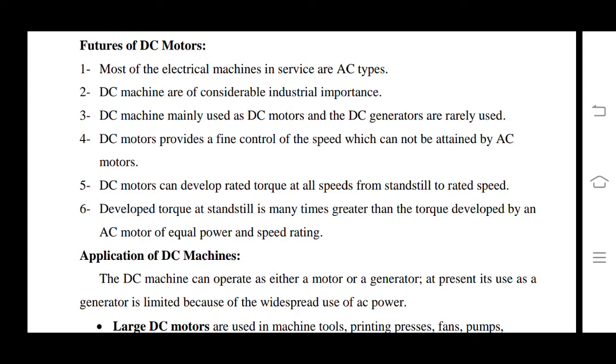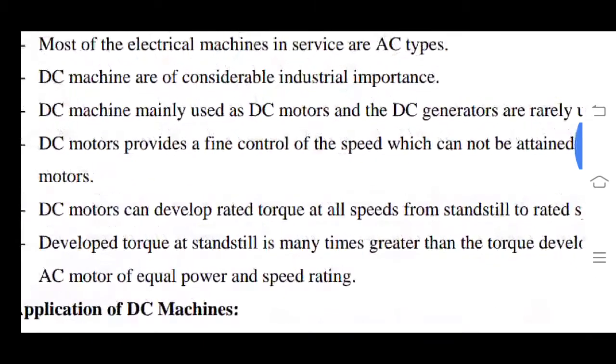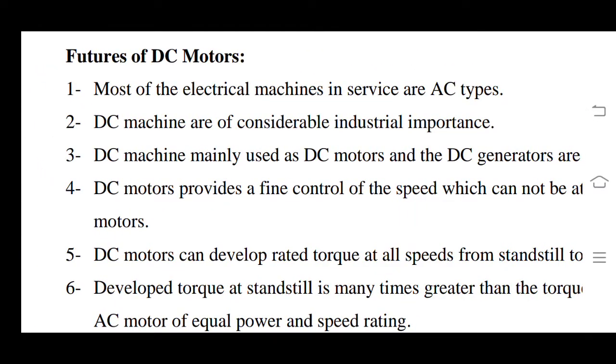So DC machines are of considerable industrial importance. So here the second point says that DC machines are of considerable industrial importance. Mostly DC motors are used in industry because the speed of a DC motor can